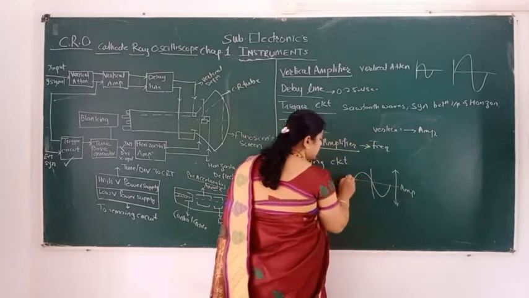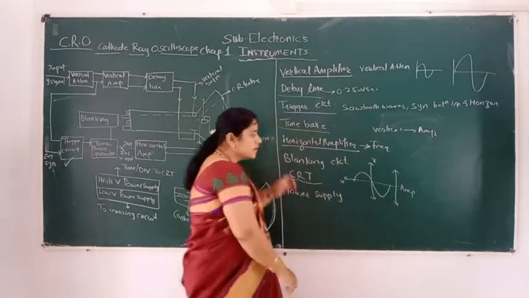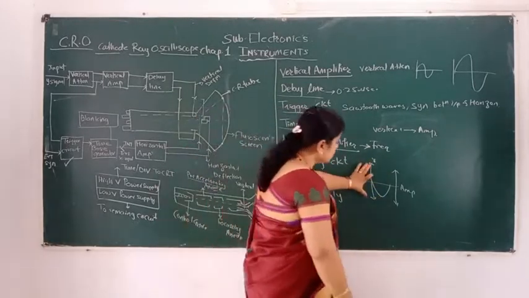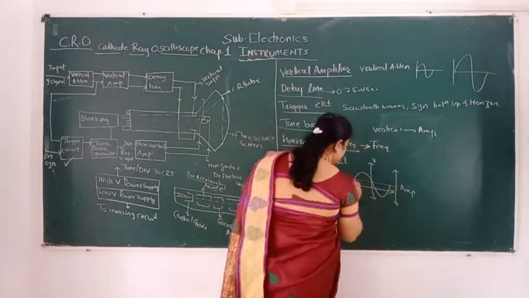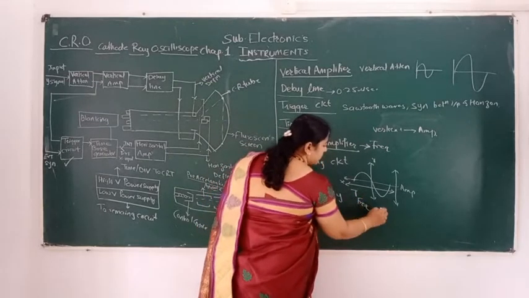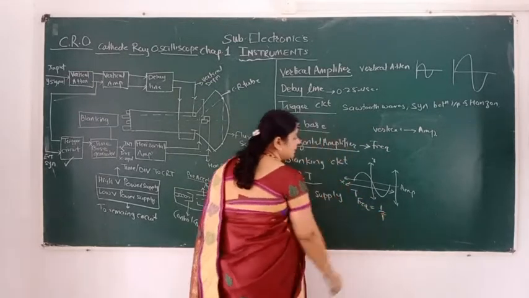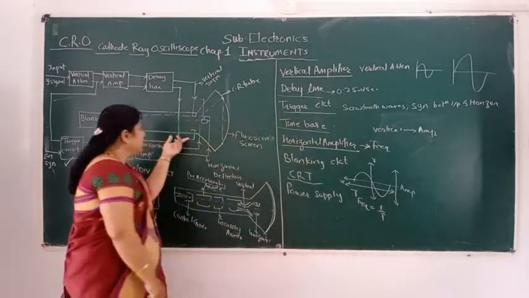This is the x-axis and this is the y-axis. So if you are measuring this distance, then it is the amplitude. If you are measuring this T, then it is called the frequency or time. F is equal to 1 upon T. We can calculate the frequency by this formula. Okay. So here what happened?